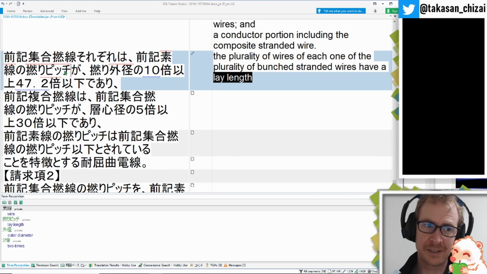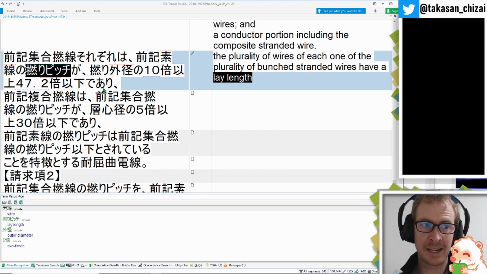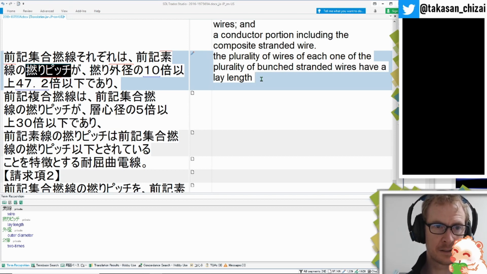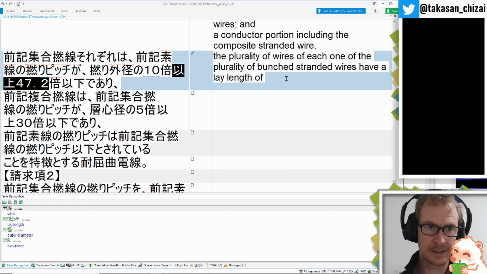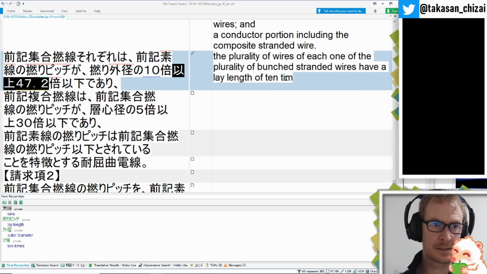So, I see pitch all the time, but maybe in this specific technology, lay length is what they use. But twisting pitch, I'm sure, would be fine here. Have a lay length, and we have a range of from 10 times a